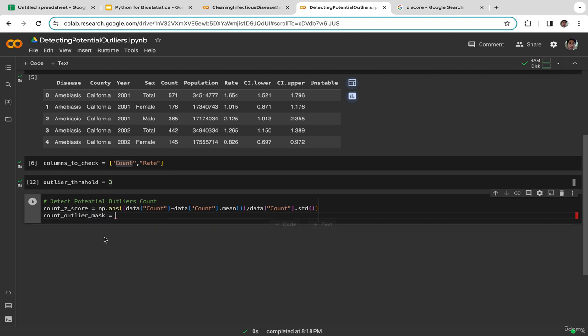So basically we are going to check if there is any value from this column, count, that is above the outlier threshold, which is 3 in this case. So we're going to copy this variable, greater than outlier threshold, which is 3. Alright,